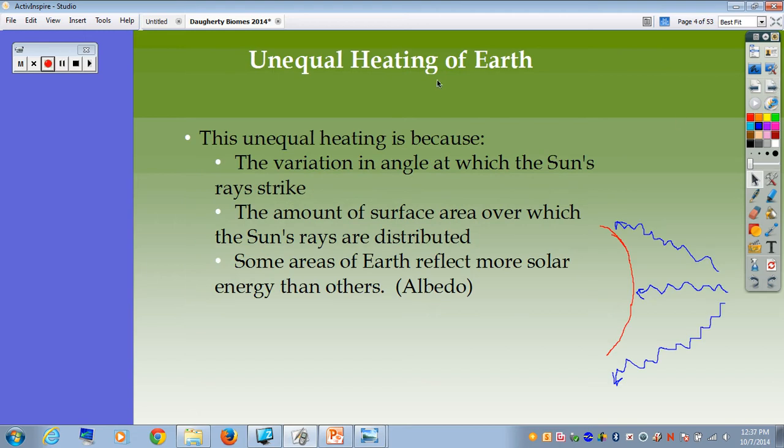It occurs unequally, and one of the main reasons, and I drew this little picture to try to demonstrate it, I've got a better diagram on the next page, is the variation in the angle at which the sun's rays strike. If you look at this drawing, this ugly red circle is supposed to be Earth, and these blue lines are supposed to be solar radiation coming from the sun. The point I was trying to make is that if this is the equator right here,